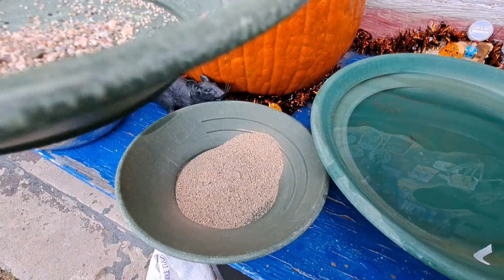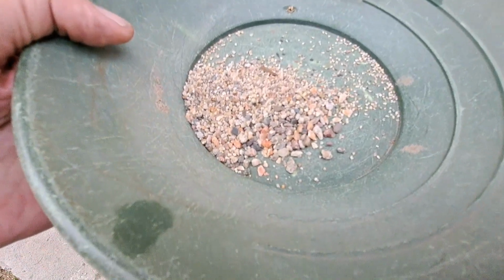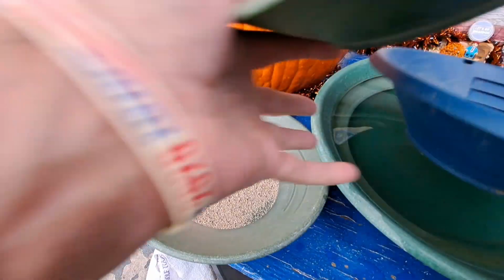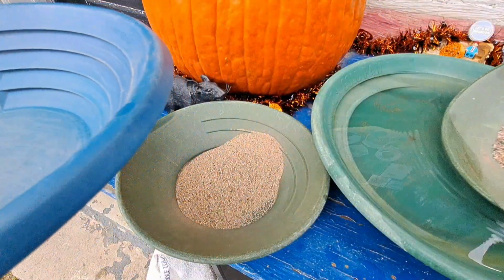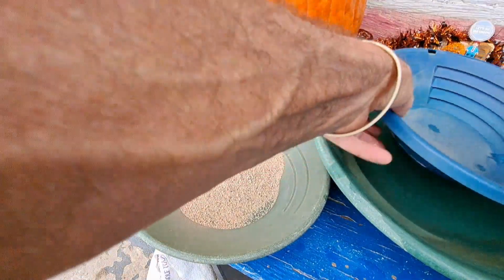So what do we want to do? All right, well, I'm going to try to make this easy on myself to get these out, because I want to get all the orange that I can out of here. So we'll pan off this into this pan,